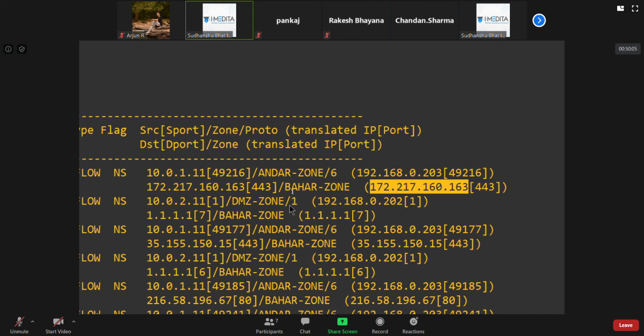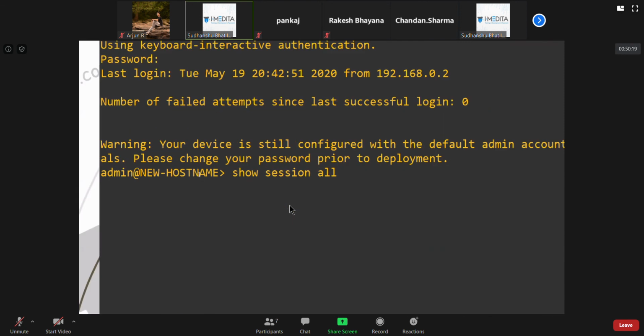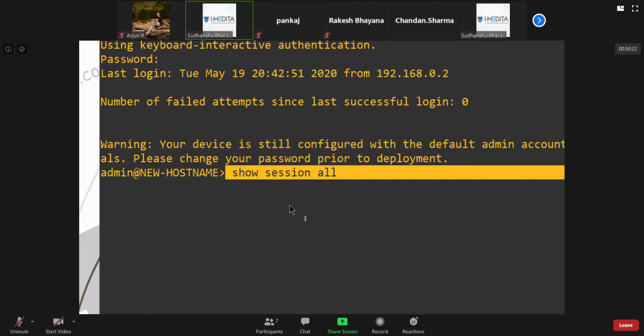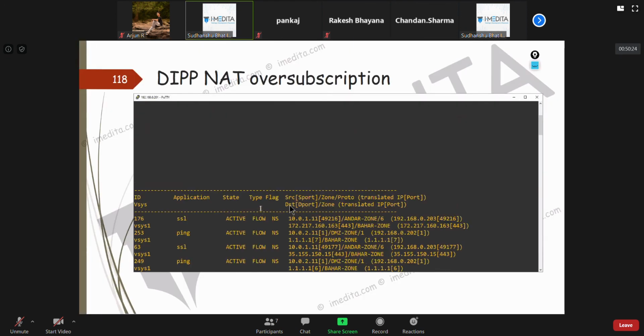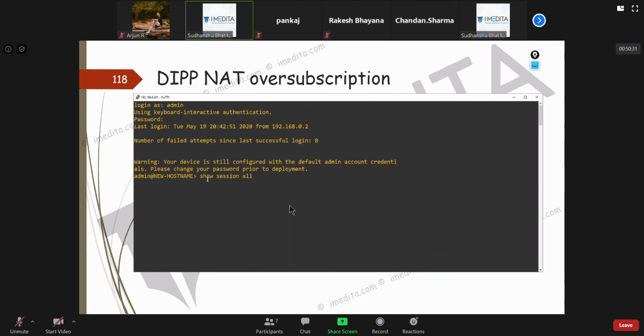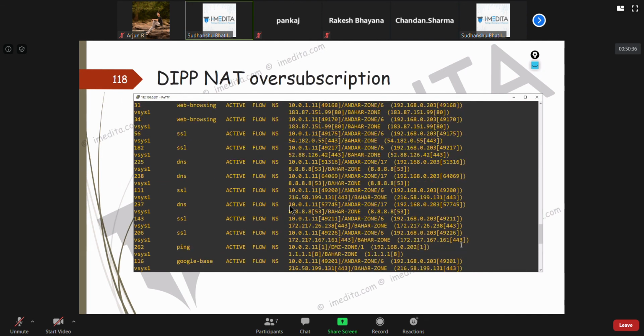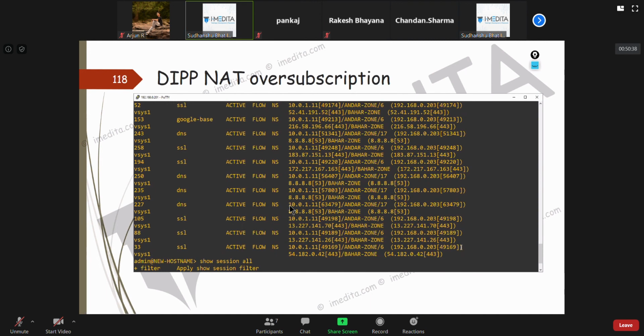The destination is not being changed because people are accessing the internet, but the source we are changing. The way they have done it is they have tried to show you all of these things in one place, because otherwise you open the state table to check the state, then open the NAT table to check NAT. So they have tried to combine them, and this is also showing you the NAT table in a way.